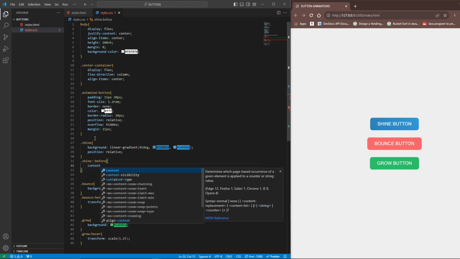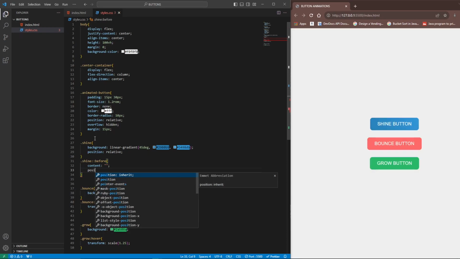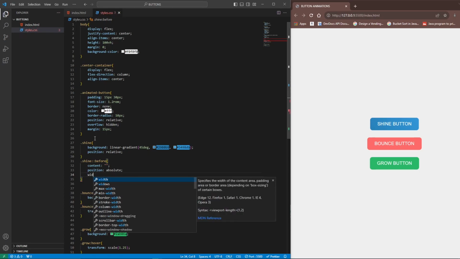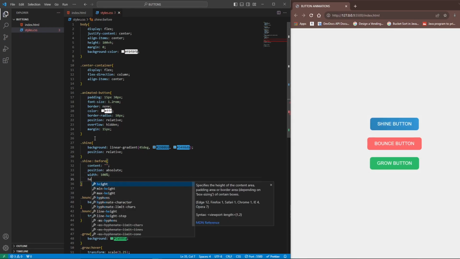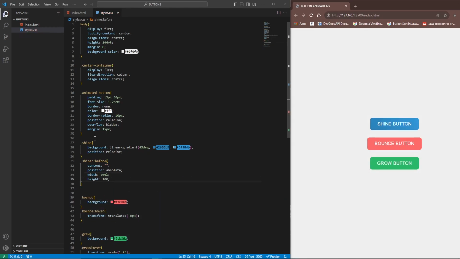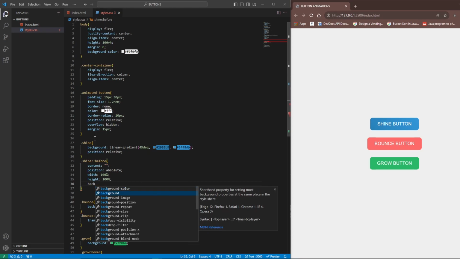Content, position, let it be absolute, width will be 100%, height will be 100%, background will be